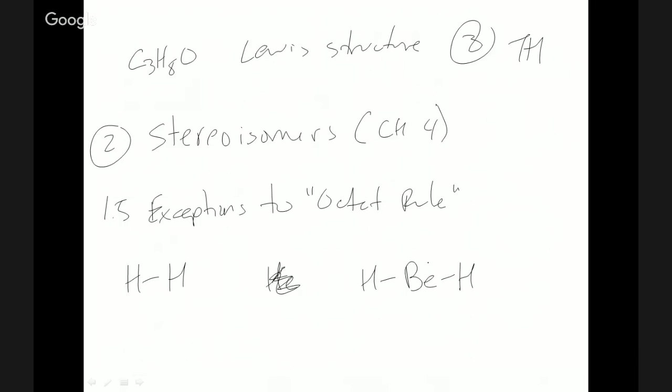Okay, another example is BH3. Same principle. Boron's valence number is 3. It only brings 3 electrons to the table to bond with. Hydrogen brings 3, so neutral boron can only have 3 bonds. Okay, there's only 6 valence electrons to bond with. Again, with all of these examples, you need to work through the Lewis structure and understand. So that's a couple exceptions of not enough,